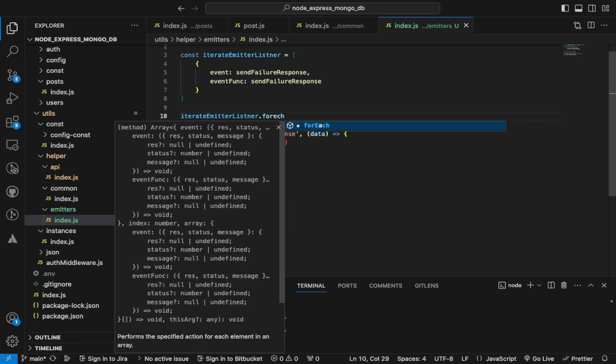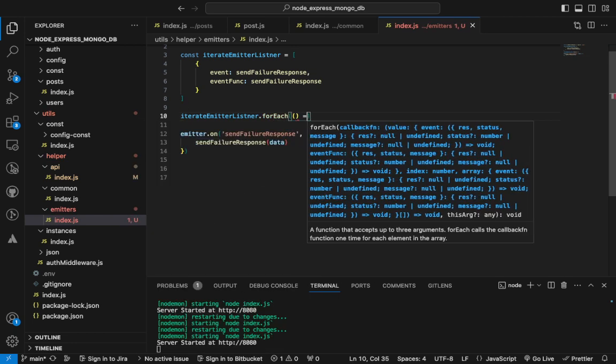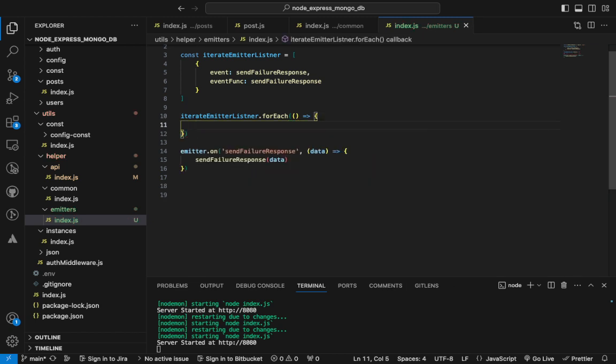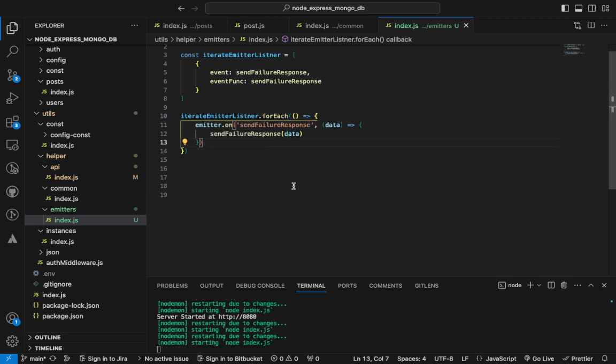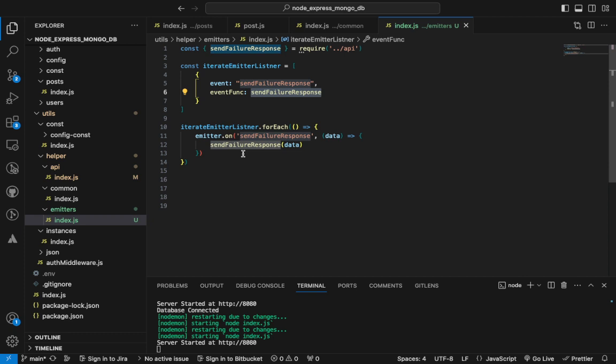For each, okay, we will loop it here. Actually this would be a string. If this is a string, it will run a